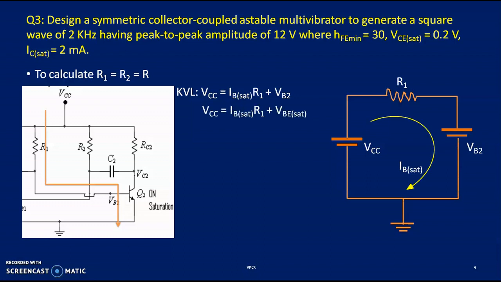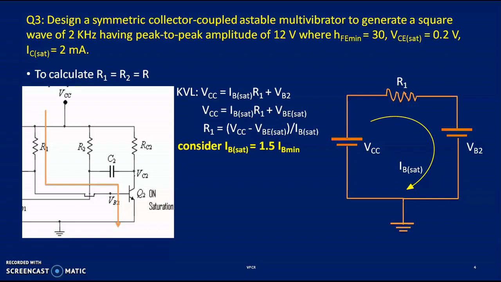Okay, so now again here VB2 is nothing but the voltage across base, and ground is connected to emitter. That means we are calculating voltage across base and emitter, and this Q2 is saturated. You can consider it as a saturated value, VBE sat. From this you will be getting this kind of equation: R1 is equal to VCC minus VBE sat by IB sat. But in the given problem we didn't find the IB sat value.